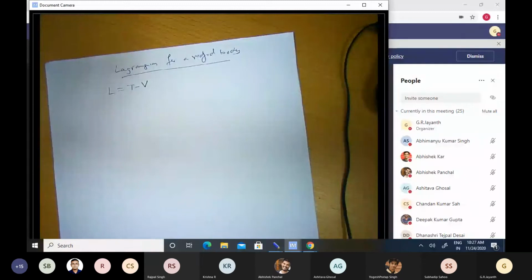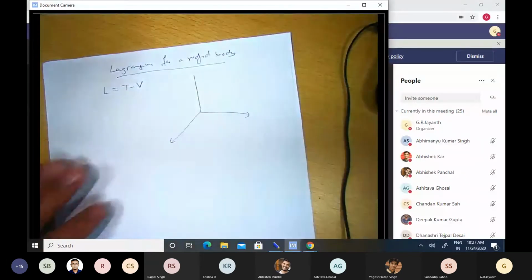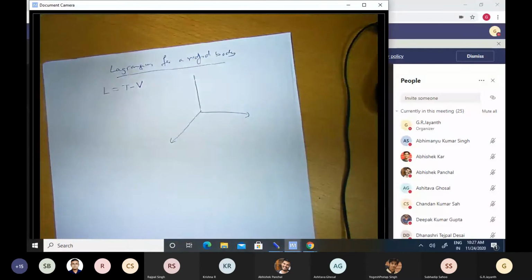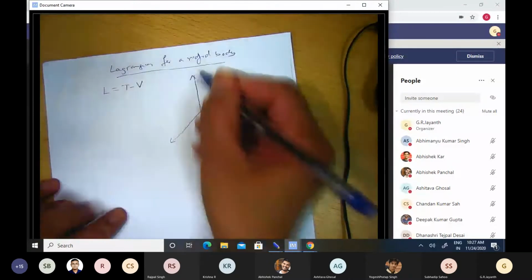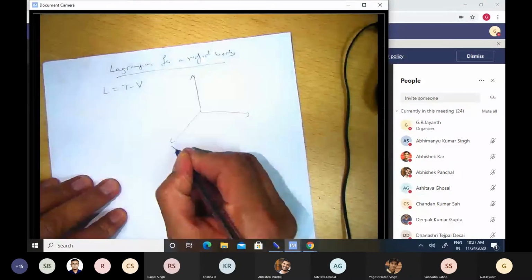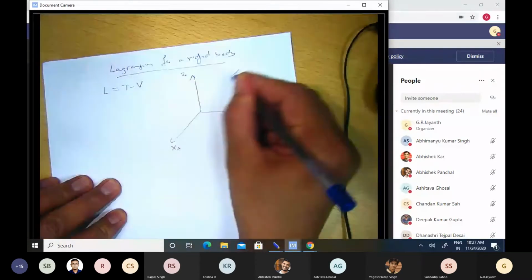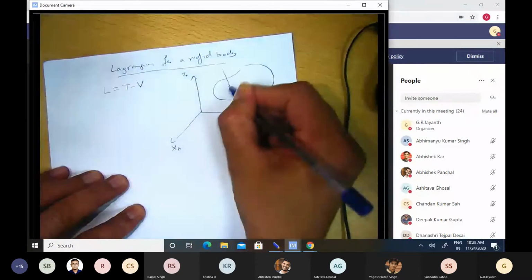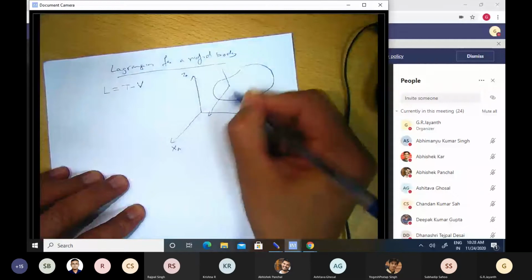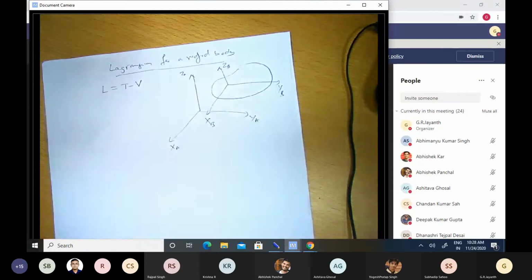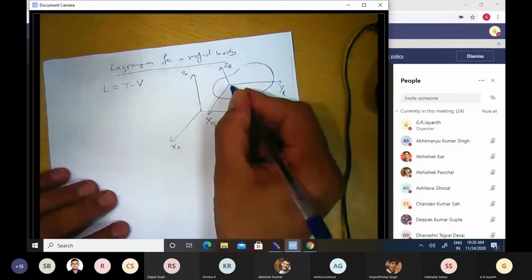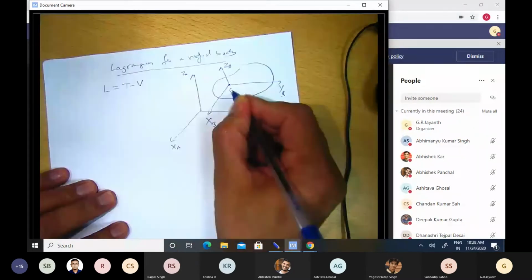How do we express the total energy of a rigid body in terms of the angular velocity it has and the linear velocity it has? So let us write down a schematic of a rigid body. This is the rigid body, an irregular potato, and we have a coordinate frame xb, yb, zb attached to it. Okay, so let us say this is attached to the center of mass itself for the sake of simplicity.